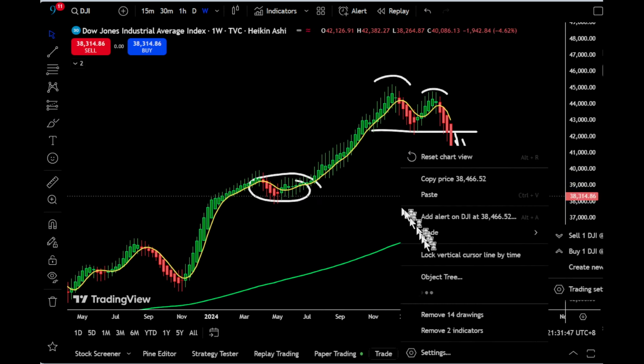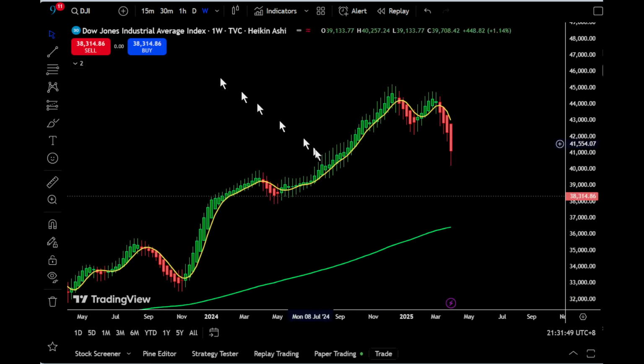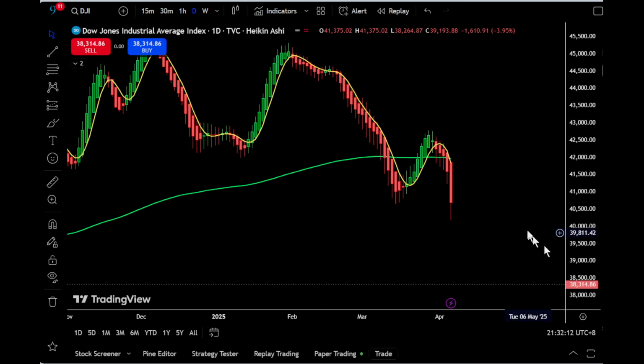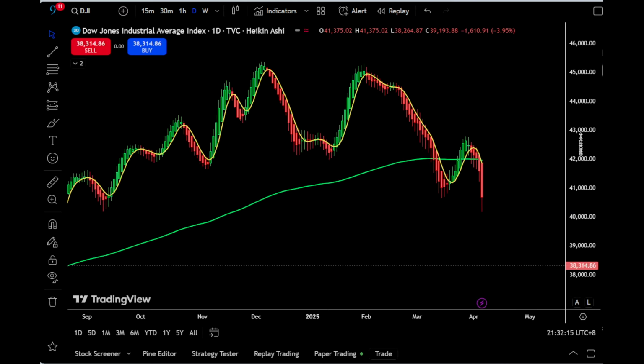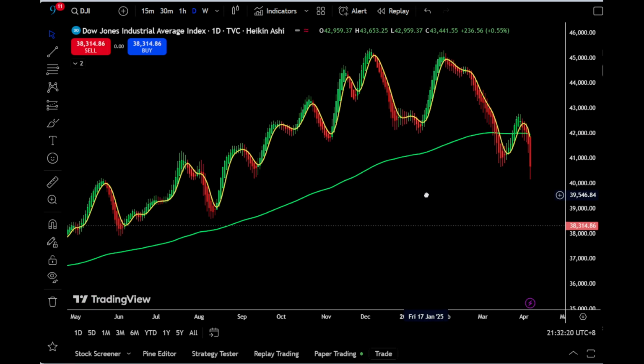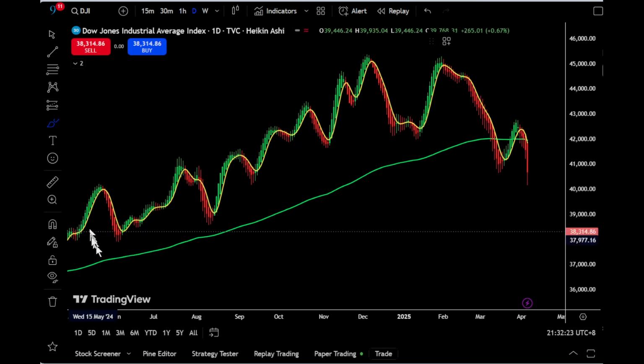So this is the longer view of the Dow Jones Industrial. As you can see, it is on a downtrend. So you don't try to buy during these times, especially for any components of the Dow Jones Industrial, because it will affect the macro view of it. So as you can see, we look deeper into how it happens, how deadly it is, in the daily chart. Here you can see that it is on the uptrend